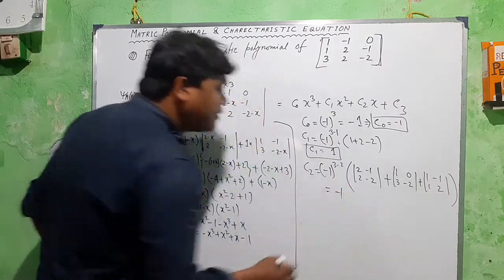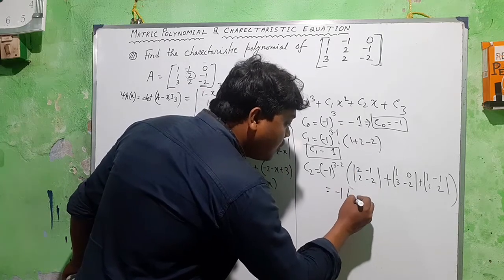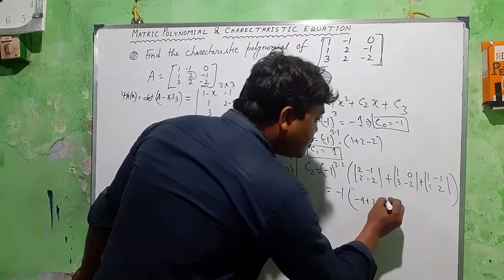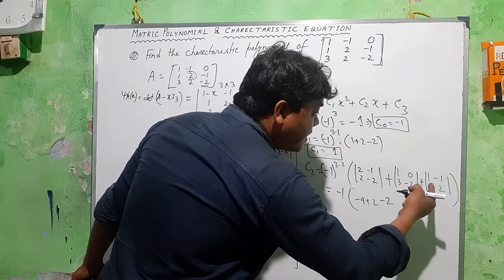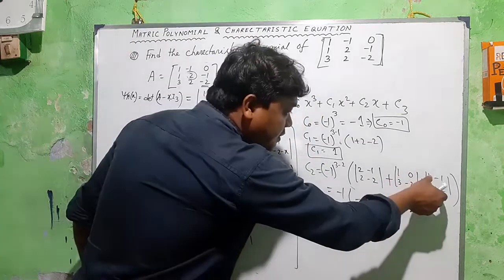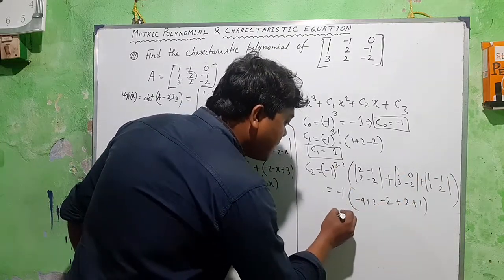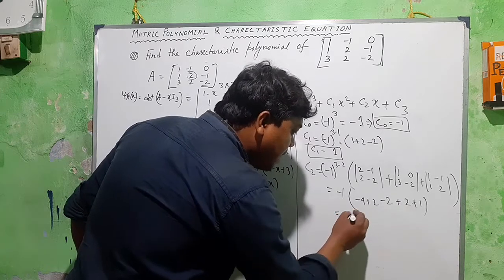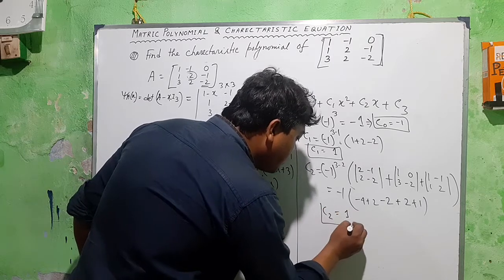so minus 1 to the power 3 minus 2, that is minus 1, and if I simplify these: minus 4 plus 2 minus 2 minus 0, that is irrelevant, 2 plus 1, if we extend it, 2 plus 1 minus 2, then 2 cancels, so we get minus 4, 2 plus 2, 4 cancels, minus 1 and minus minus plus, so c2 equals plus 1,